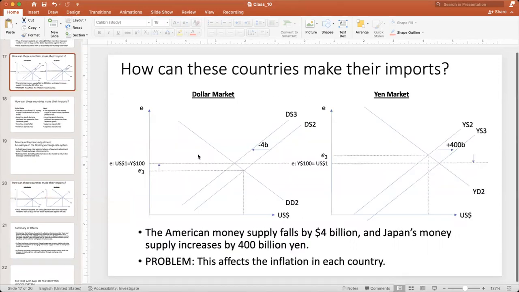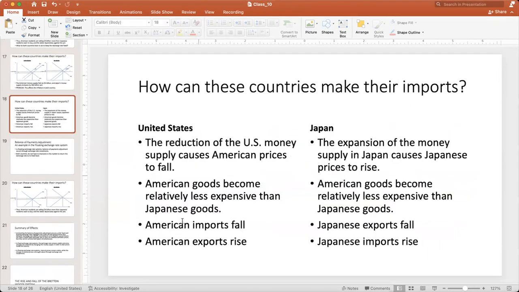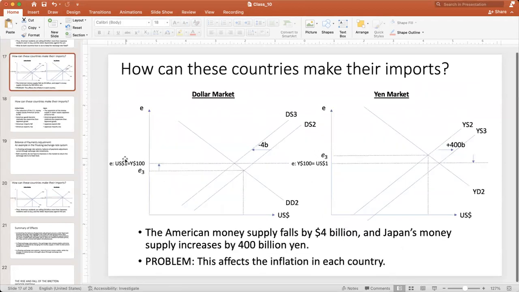Here, in the stabilization process of the exchange rate, the consequence is an increment of inflation in Japan and a reduction of inflation in the United States. But this is a consequence that they cannot control, because their main objective is to control and stabilize the exchange